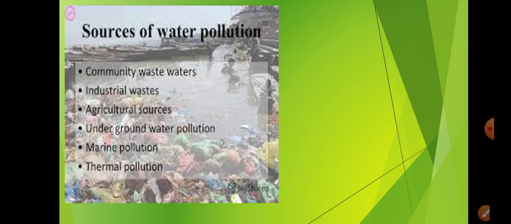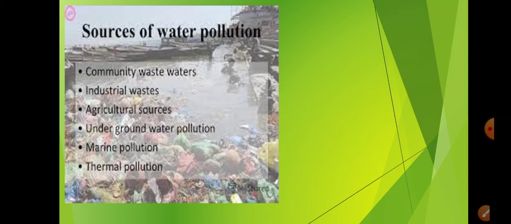The next is underground water pollution. As I discussed about agricultural sources, under this only we can take underground water pollution also as a factor. Okay, and then there is marine pollution. Marine pollution means, you might have seen the water bodies, even we have seen the Mahananda river in our Siliguri area, how it is filled with dirt, right? Even the plastics, you can see that there are lots of plastics being thrown there. So this causes marine pollution.